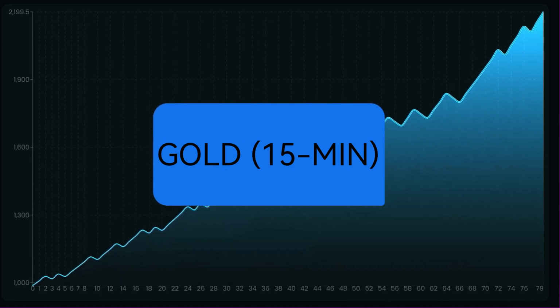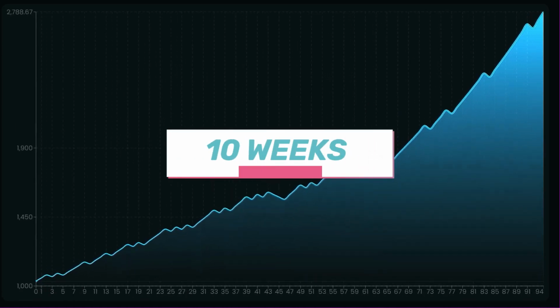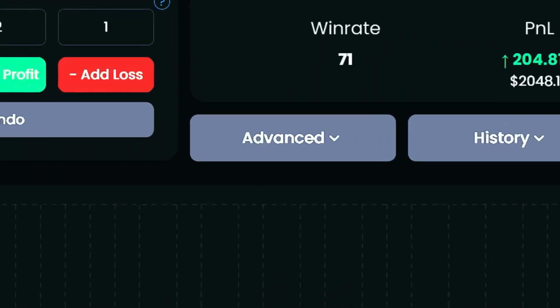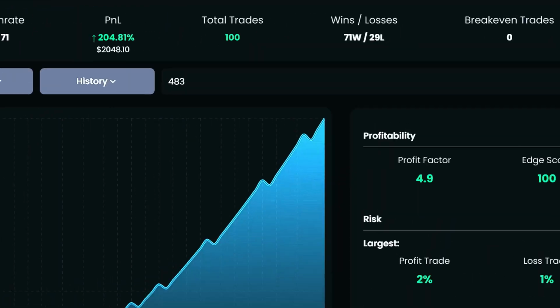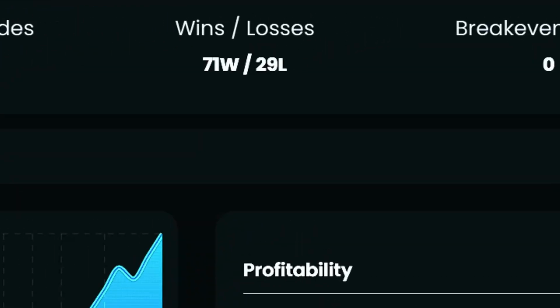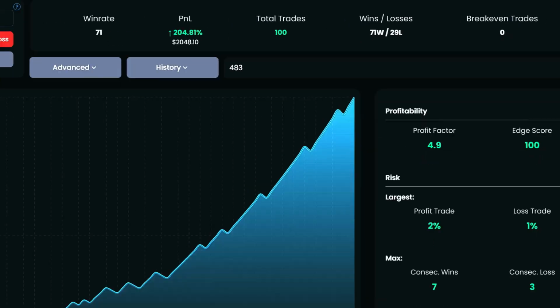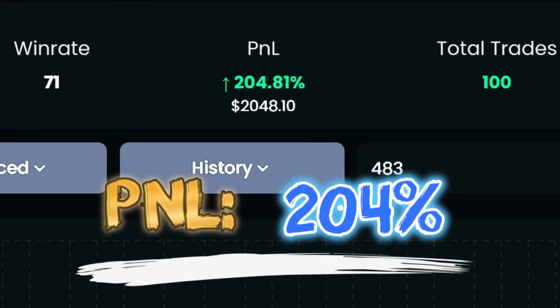After conducting 100 trades over 10 weeks, the strategy demonstrated an impressive win rate of 71%. This means that out of 100 trades, 71 were profitable. The strategy also achieved a remarkable profit of 204%, a number that speaks volumes about its potential to help you